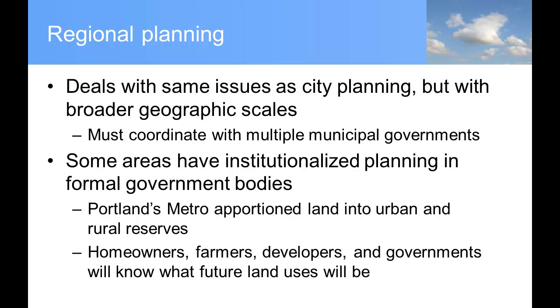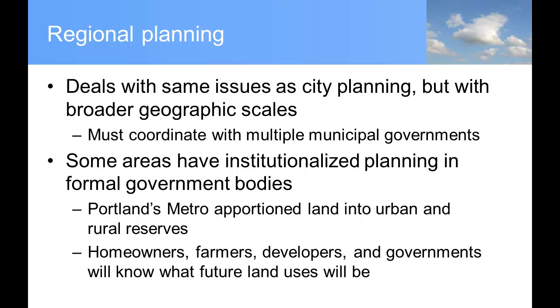And just kind of imagine trying to do regional planning with that. It'd be almost like herding cats, getting all of these different elected officials in the city, county, township, and boroughs together, getting them to try to agree on anything. So some areas, to address this multiple coordination problem, have institutionalized planning into formal governmental bodies. Portland's Metro apportioned land into urban and rural reserves,